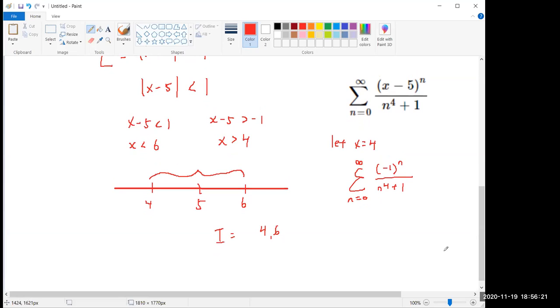I think it should be the alternating series test, right? I think this converges by the alternating series test because b of n is this, and this decreases and goes to 0. So I think this is convergence. Yeah. So this is convergence,